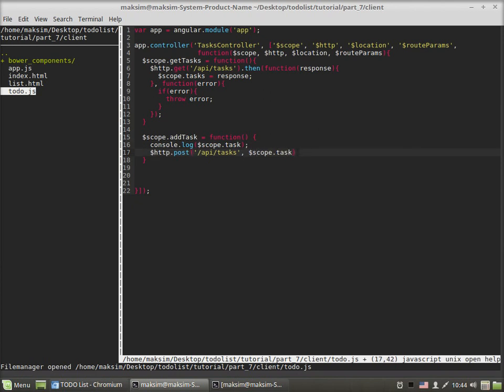In this case we say then function response, and here we want to update the view. Instead of manually adding a new element to the database and then to the view, a simple solution for this is just to say window